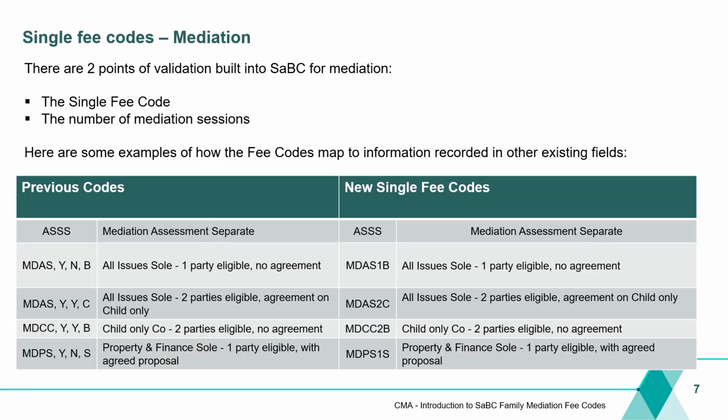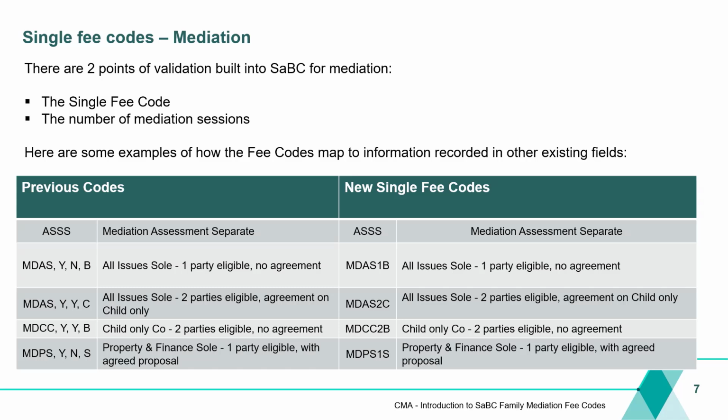There are 2 points of validation built in to submit a bulk claim for family mediation. The single fee code as discussed earlier and the number of mediation sessions. Some examples of how fee codes map to information recorded in other existing fields are highlighted below. As you can see, mediation assessment separate, the MyAM, maps over as mediation assessment separate. All issues sole mediation with one party eligible and no agreement maps over as